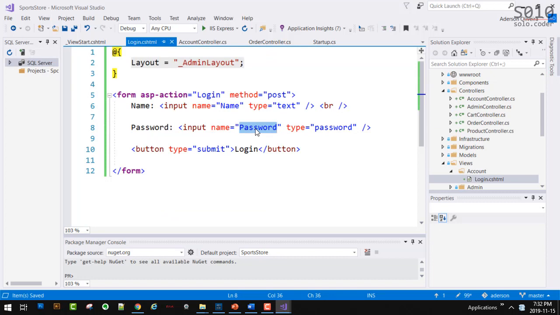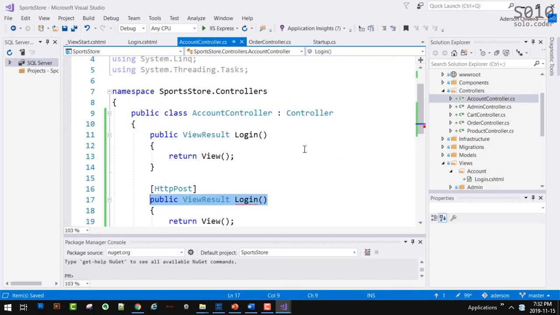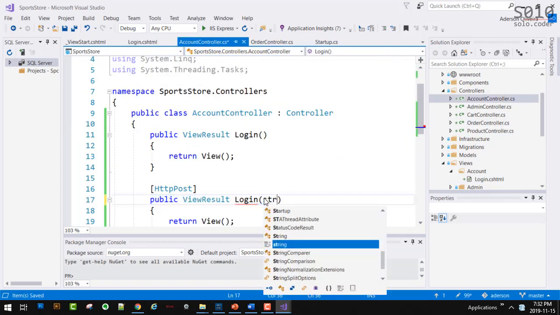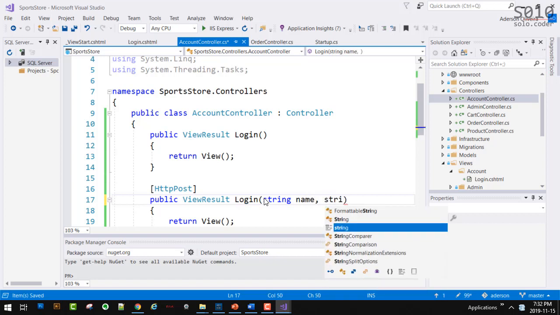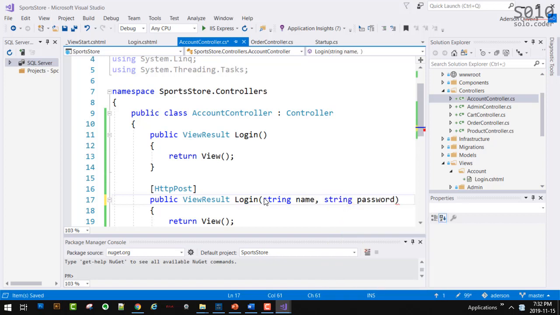So the input controls become the input parameters of our action. I'm going to say string name, string password. Now, the spelling needs to be the same, but the casing doesn't have to be.